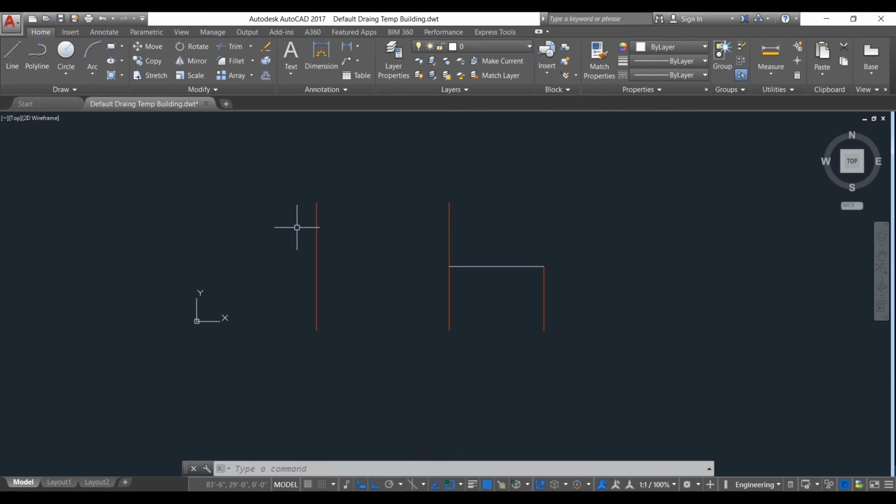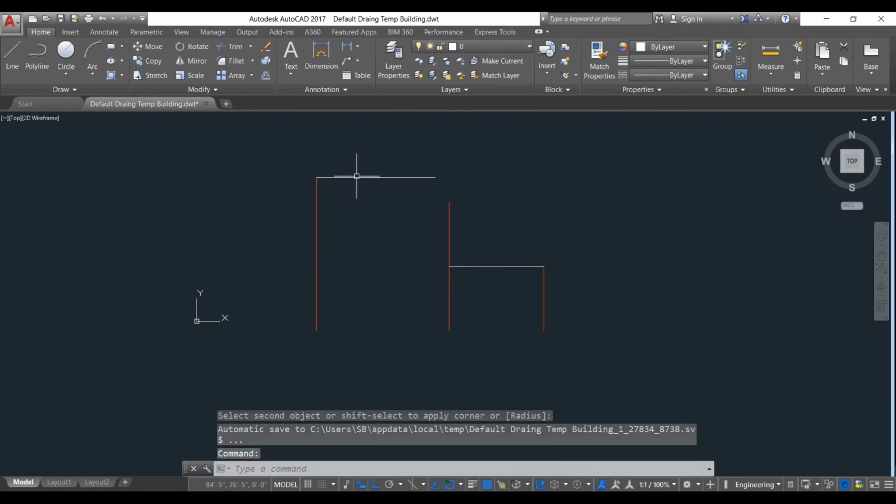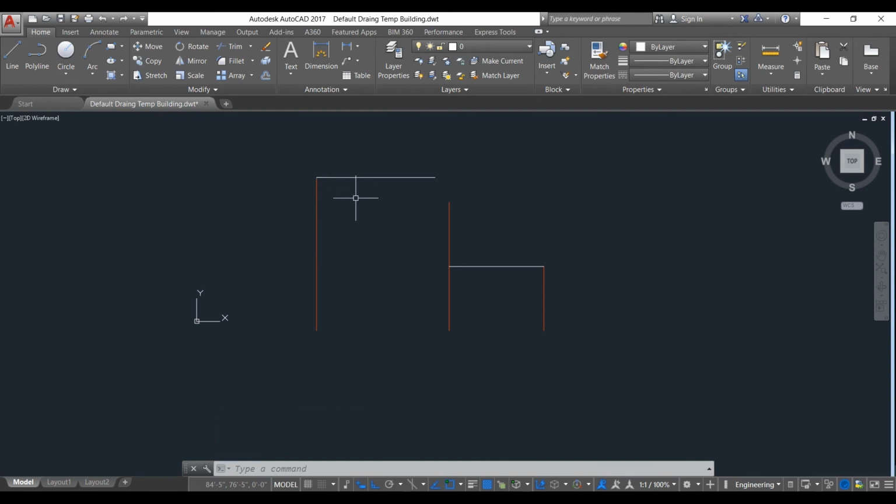Next we will use the fillet command. In AutoCAD 2017, if you want to fillet any edges, how do you do that? Suppose you want to fillet these edges. First choose the fillet command from here, choose the objects, and it is connected. Here we don't put any radius, that's why it's simply connected.